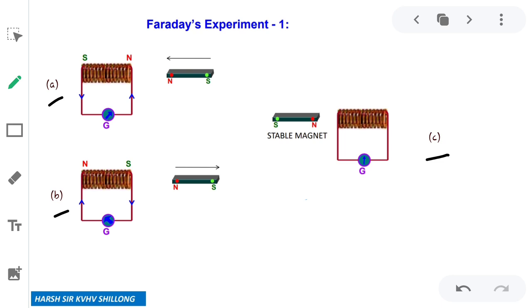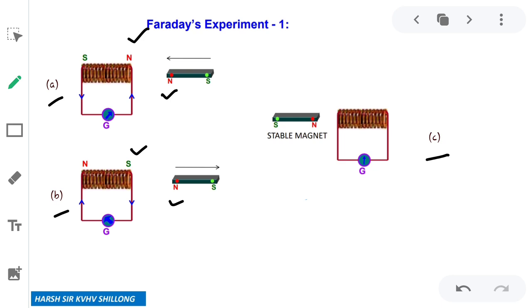In case A, when the magnet is coming closer, its north pole moves towards the coil. So the current is induced in such a way that the same pole, north, is formed towards the magnet. The direction is anti-clockwise. In case B, when the opposite is done and the magnet is taken away from the coil, the north pole is taken away, so the opposite pole, south pole, is formed. And the current direction is opposite, meaning clockwise. This is very important. Why the directions are changed, we'll discuss later. There is one law, Lenz's law, we'll discuss in that.